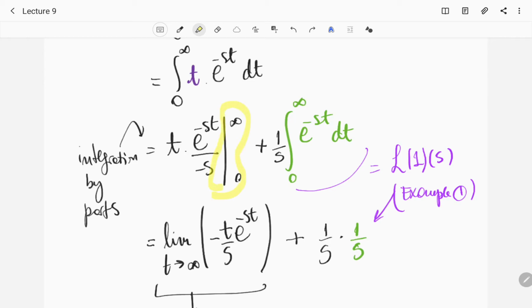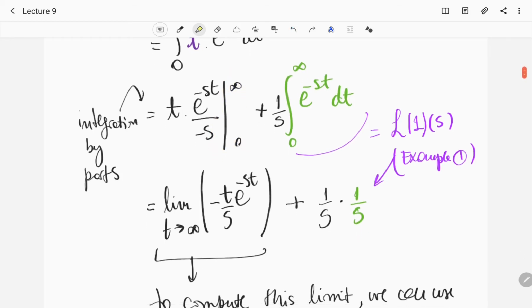Again, this notation here means that we have to take the limit at infinity and to evaluate at 0. And so, evaluating at 0, we get the limit. And then, since we have this t here multiplying, the value at 0 disappears, okay? Then we have plus 1 over s, and this green piece,